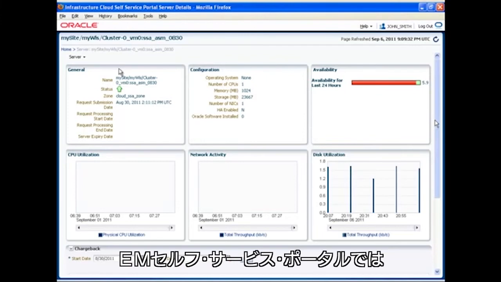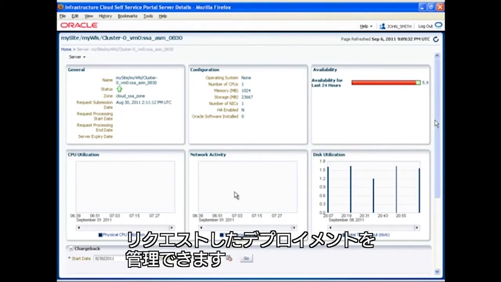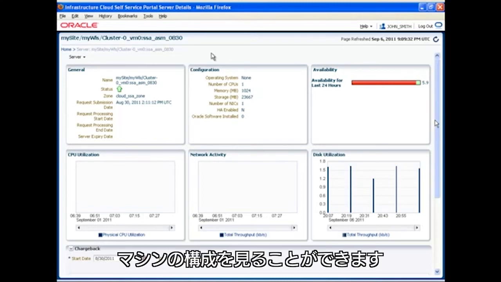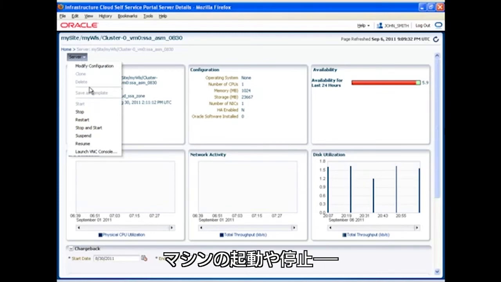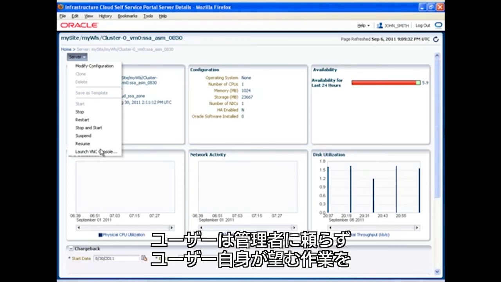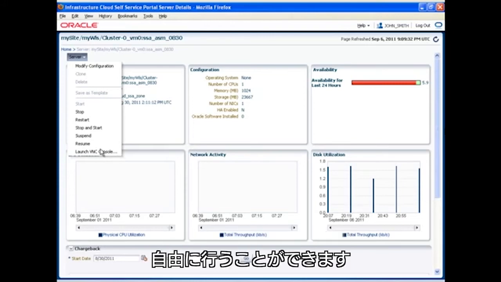Enterprise Manager self-service portal allows the user to view and manage some of the deployments that they've requested. They can see the monitoring metrics for performance management of their machines. They can also see some configuration for their machines. They can take certain actions such as starting, stopping the machines, or launching a VNC console to access the machines. This empowers the users and makes them take actions in a self-service manner without going through the administrator for every